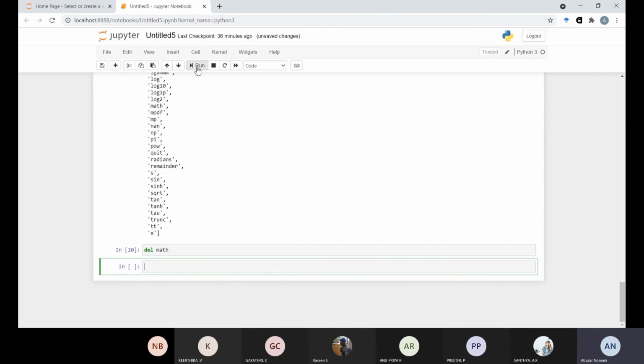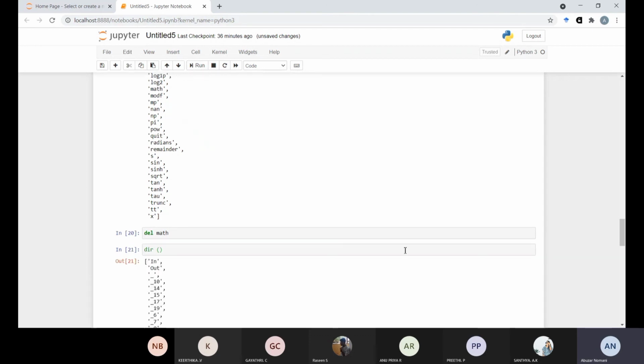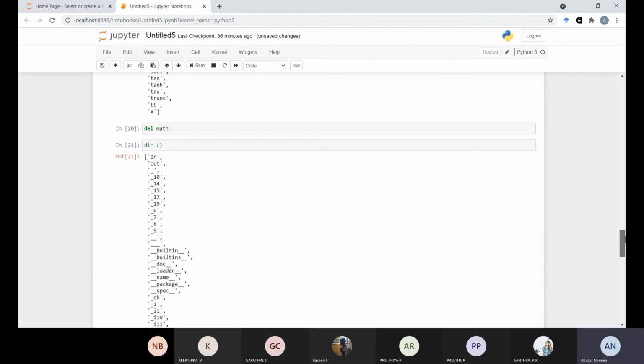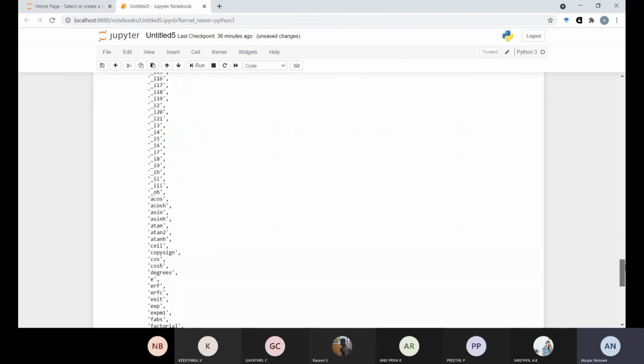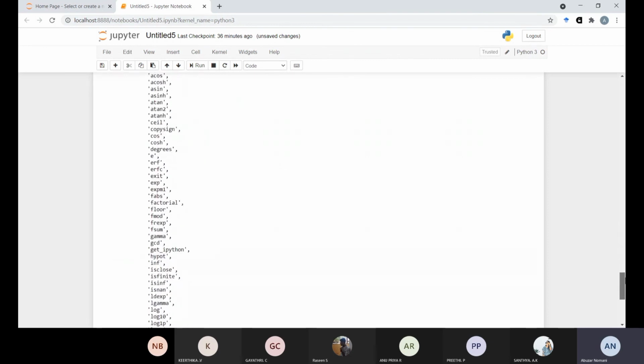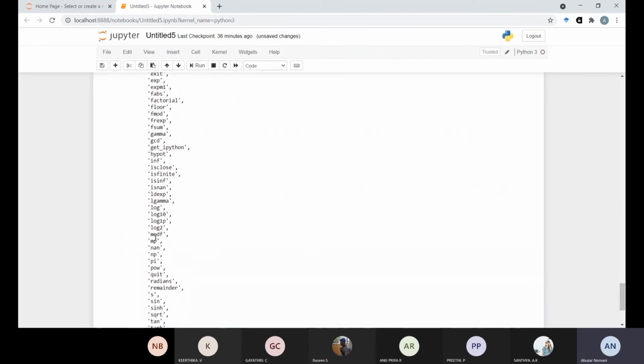If you run it and check again what is available, you see the math will not be there. Here we can see math is not there. MODF is there, MP is there, math is not there. In this way we can remove the modules that are unnecessary.